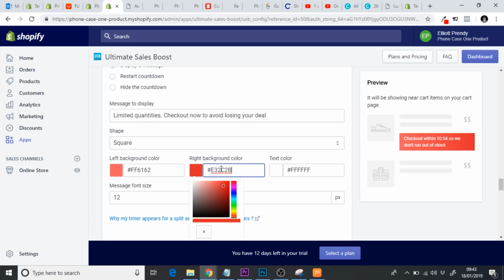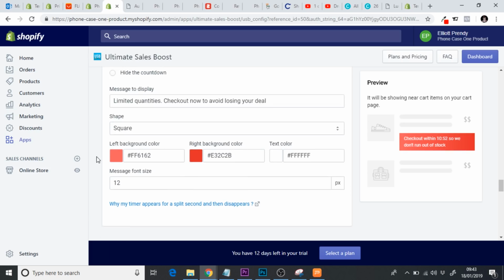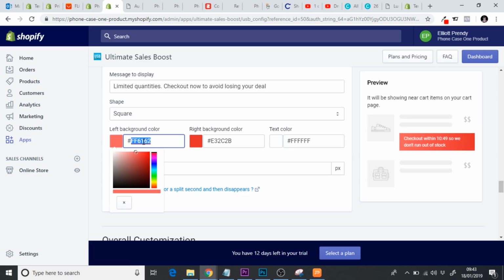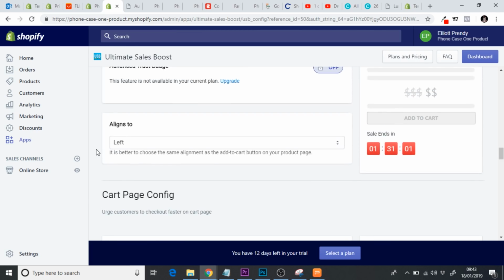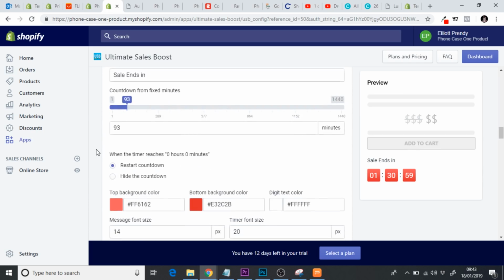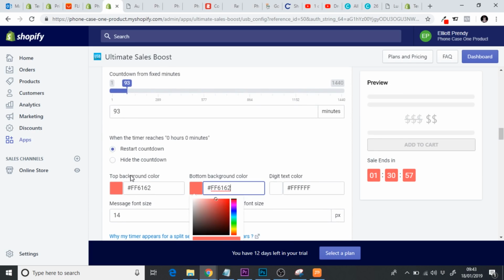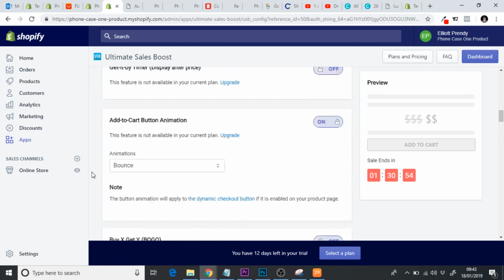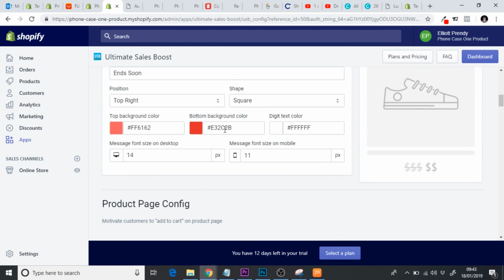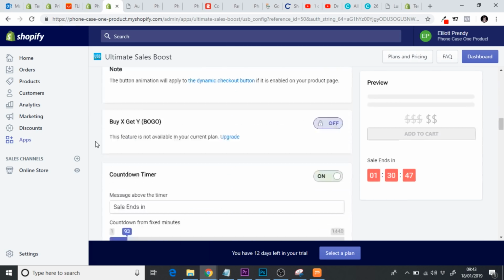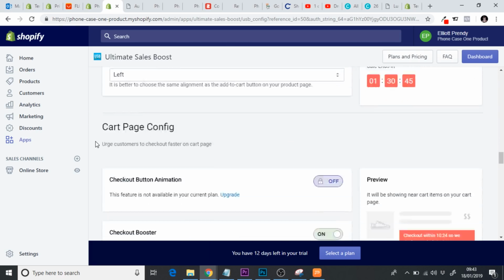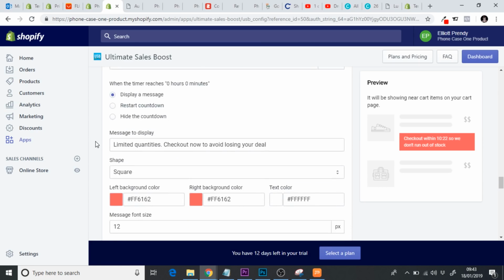And then we're just going to change this color again. So to be honest with you, try and make things really clean. I actually really like this default red color that comes with it, so I might just use this for the checkout stuff. So let me just go up and change this, and we can always test out and see how it looks. So we'll just add it to this as well, because it's a little bit more subtle. So let's scroll down, and then finally you can decide